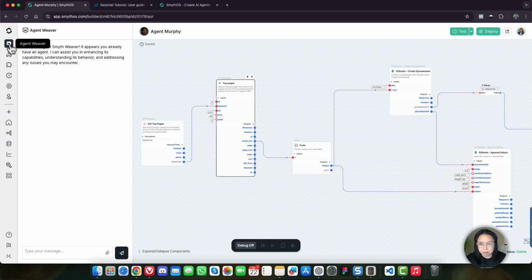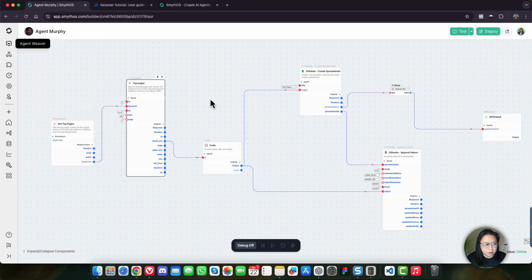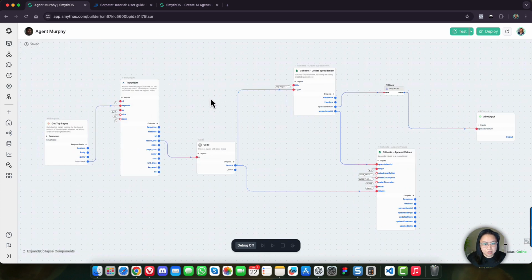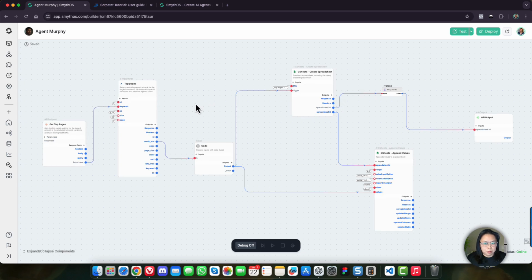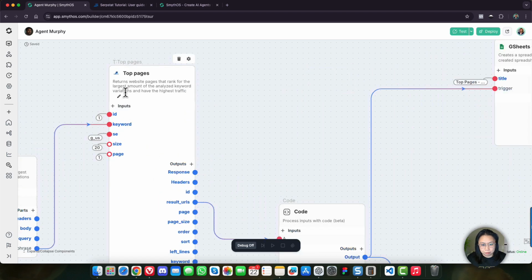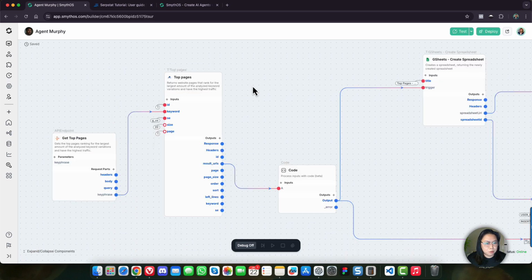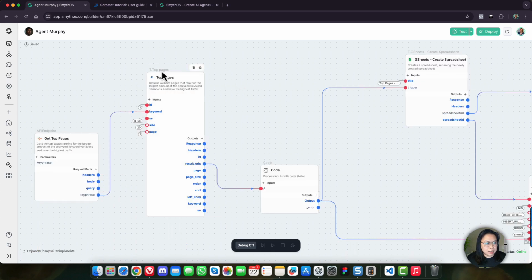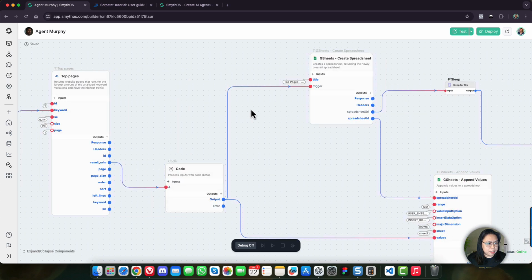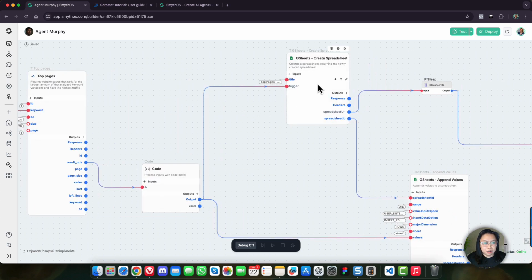Let's collapse Agent Weaver and go over our workflow here. This workflow has two integrations. One is the SerpStat integration and the other is Google Sheet.